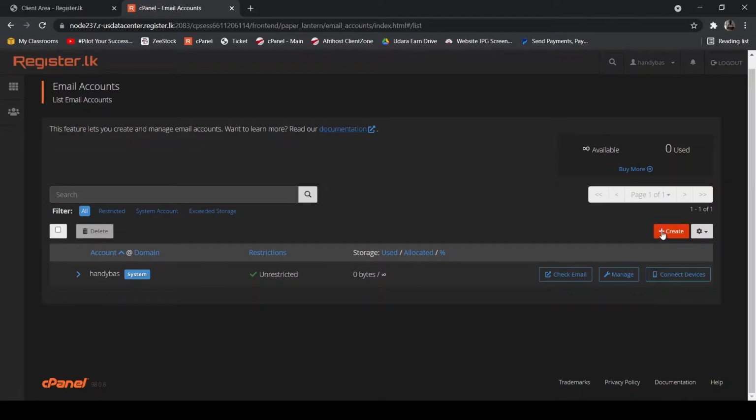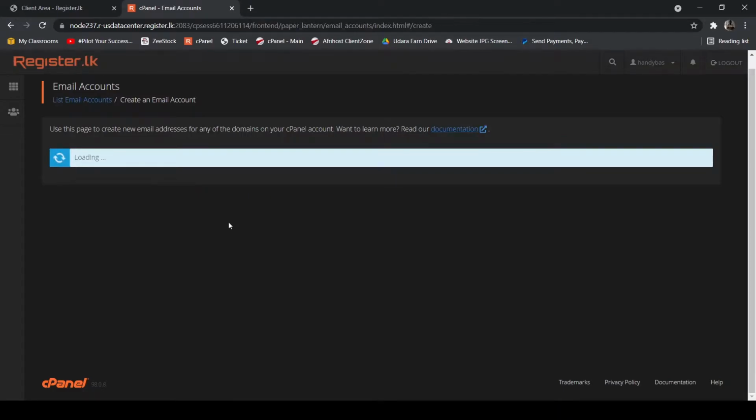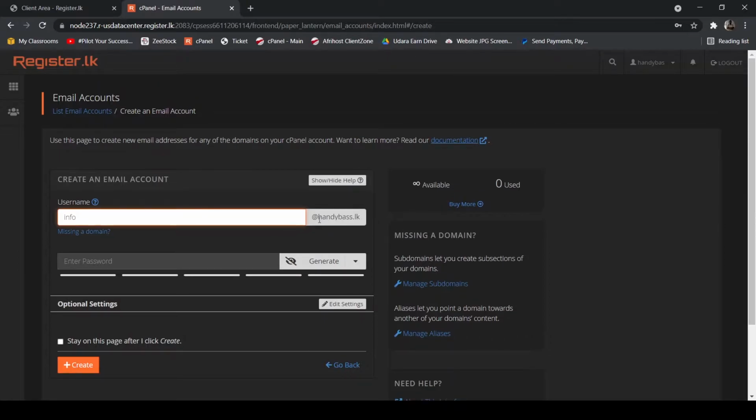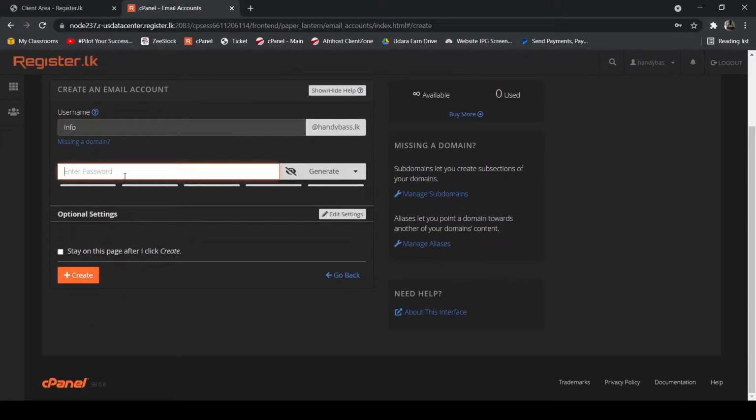So I click on create and I enter the prefix. Usually I enter info and the suffix is at our domain name, in this case at handybars.lk, and I provide an email password or I can generate it,